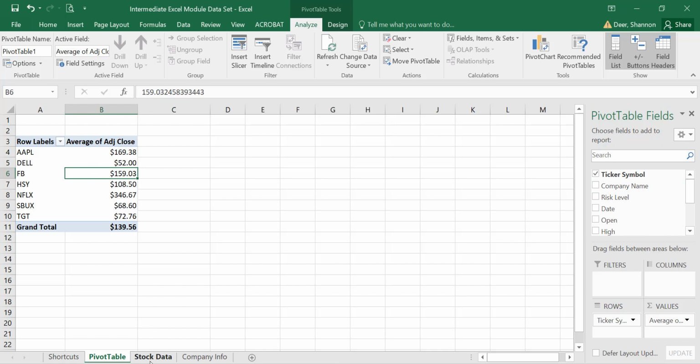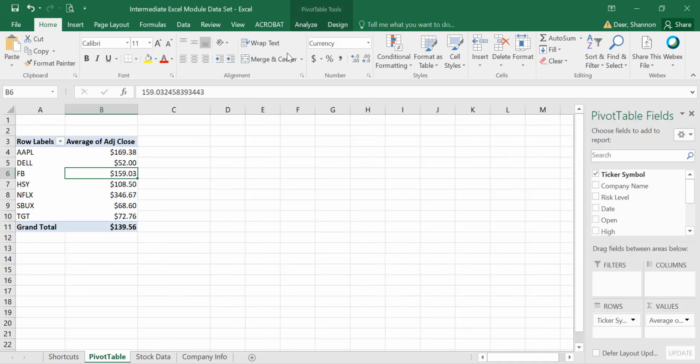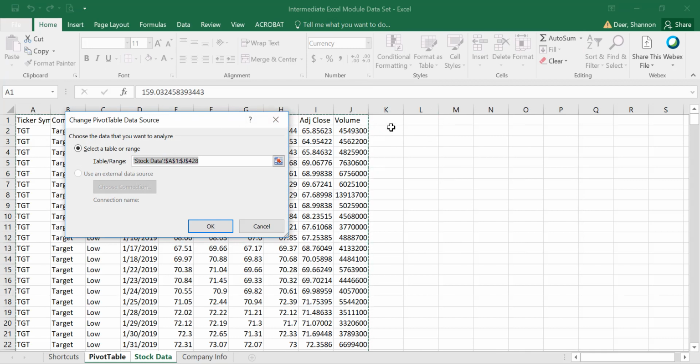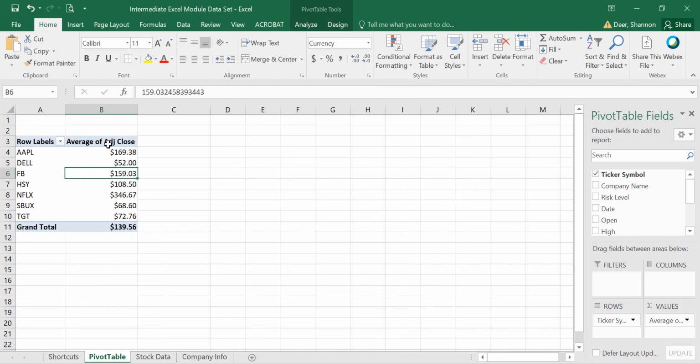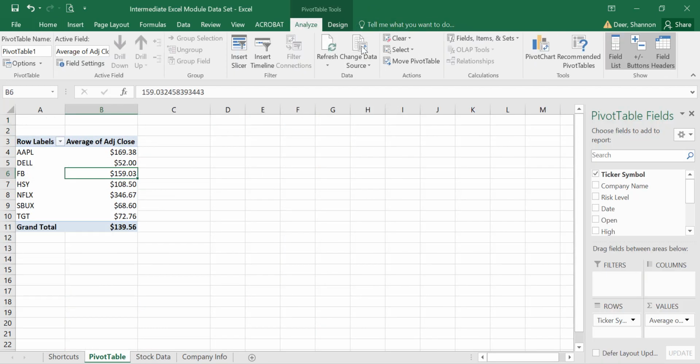This works as long as the additional information we added was added inside of that table. So if I had added a column over here, then Excel would not know to include that in the pivot table. I would have to actually, within the pivot table, change the data source here to add column K. As long as I add that information within the existing table, Excel will automatically know to pull it into the data set, and when I hit refresh, it'll show up over here. So again, click the Analyze tab, refresh, and you should see company name and risk level in your field list